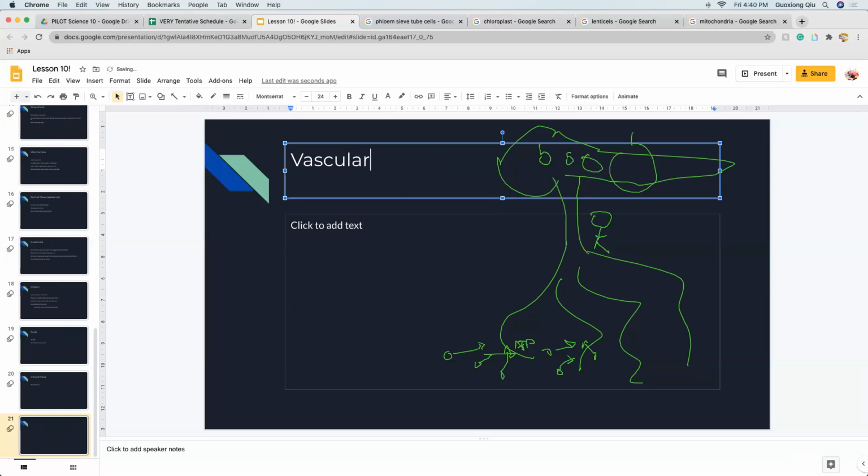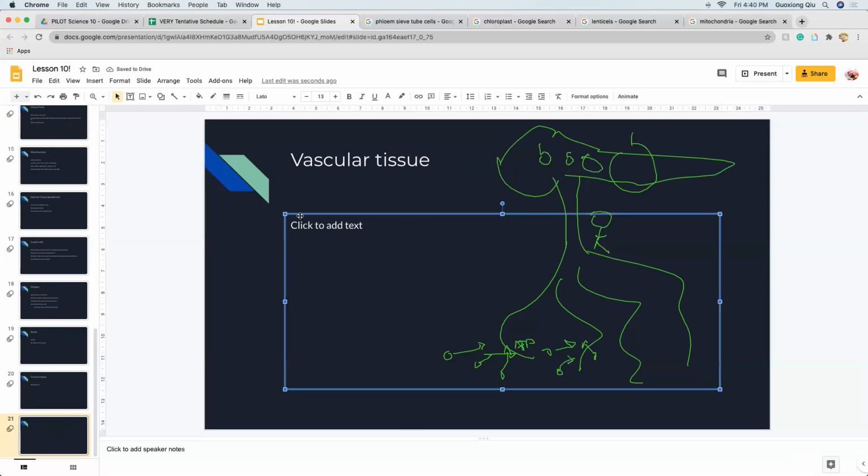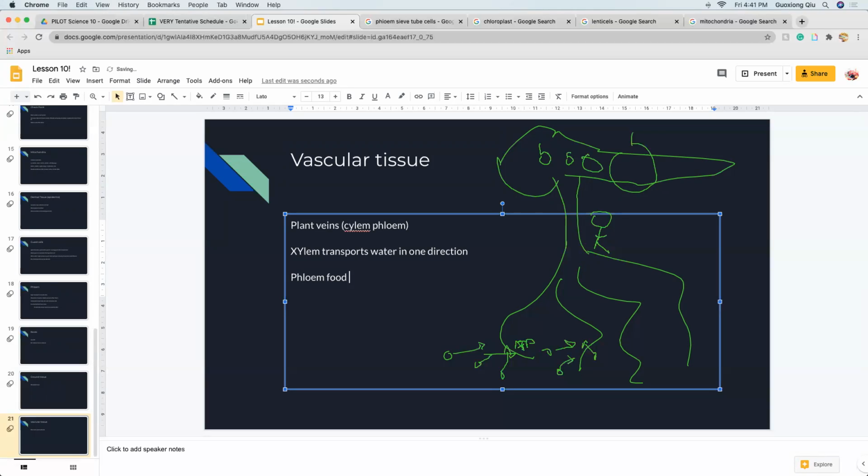Moving on, vascular tissue. What is vascular tissue? They are the plant veins. So the xylem and phloem. So quick review, xylem transports water in one direction. Phloem, food, any direction. And together, the xylem and phloem